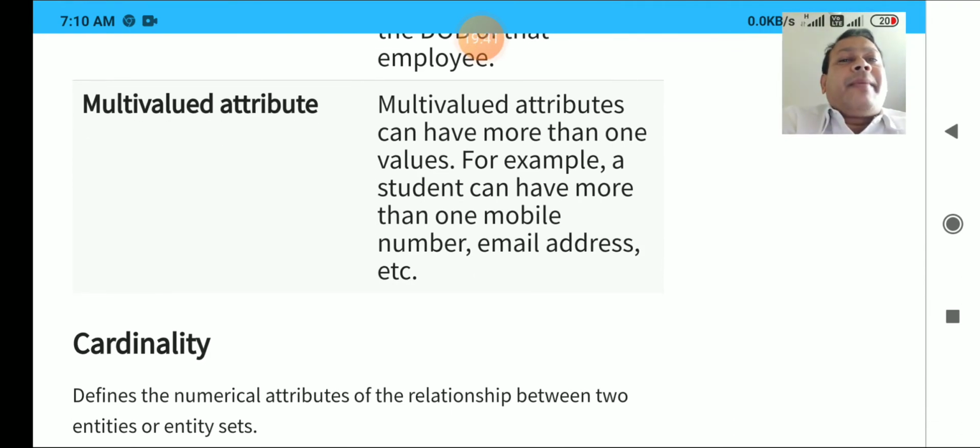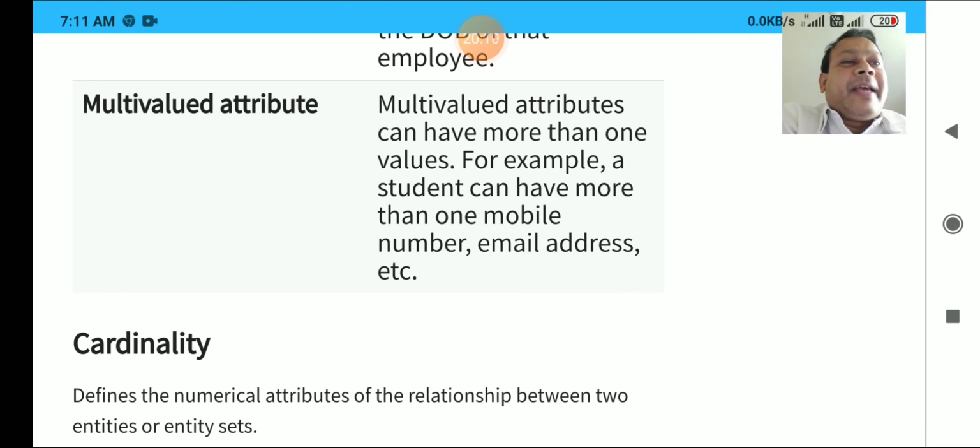Multi-valued attribute, coming back to your multi-valued attribute. The name itself shows that multi-valued means lots of values are there for a particular attribute. So you made one column by the name phone number. A given user may have many phone numbers, clear? A single student or a single employee may have two phone numbers, may have three phone numbers, isn't it? May have four SIMs, four phone numbers, and so on and so forth. So that is what is called your multi-valued attribute.